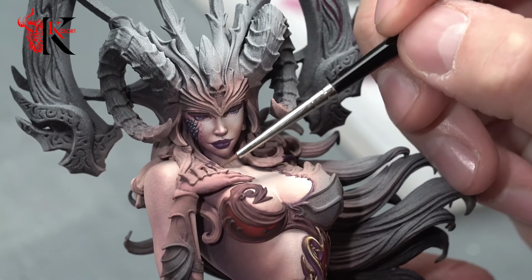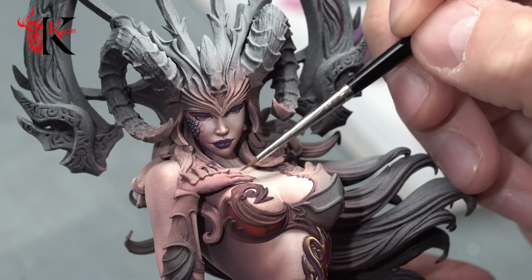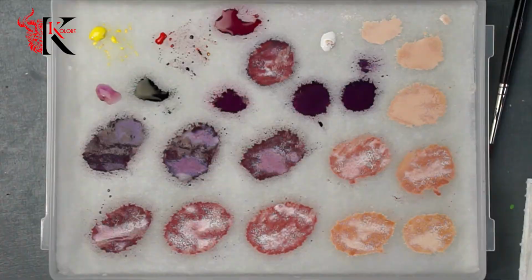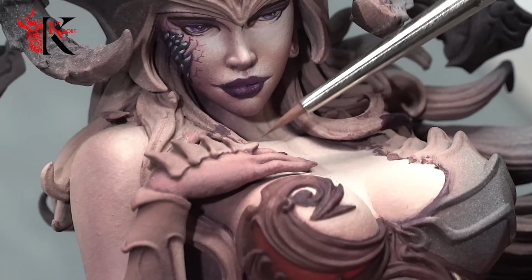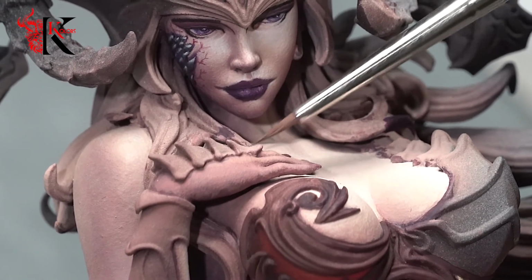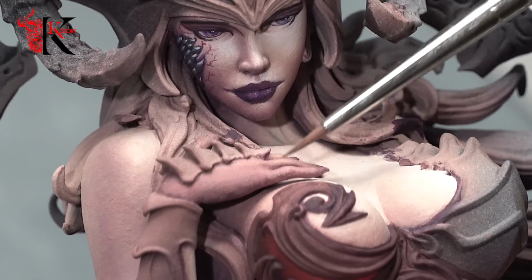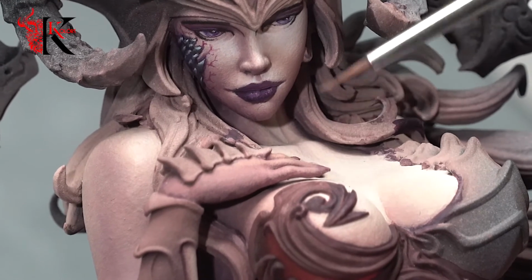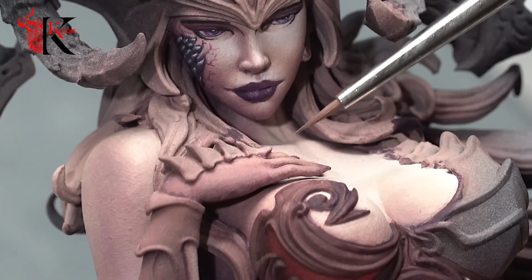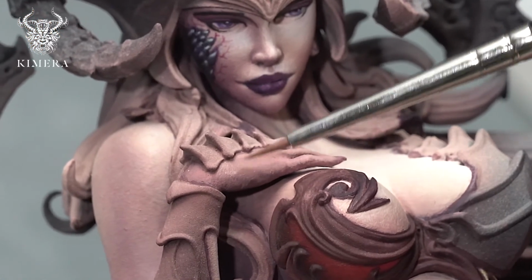So the more colors you will add in mid-tones, the more colors you add in shadows, they all will add up and be visible. So most of the time those are additions of red, yellow, blue, some people use even green, just to modify the skin tone, just to add a different feeling. And it makes the skin tone not so plain in the end. So even on the video that I've showed you of mixing skin tones, it's important to have this in mind